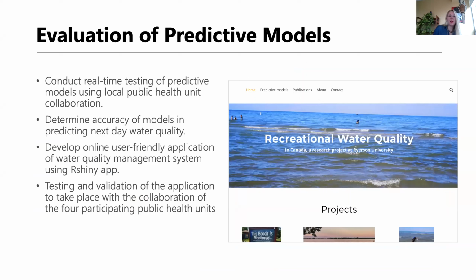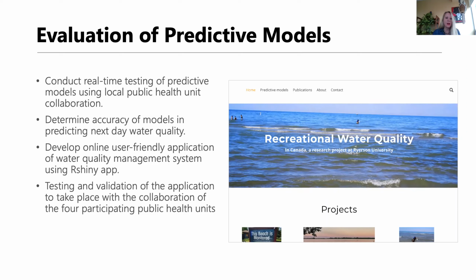So I mentioned that we're going to be evaluating the predictive models that Johanna spoke about, and this will be done in real time. So real time testing them with our collaborators and the public health units to evaluate the accuracy of the metrics to determine whether the models are predicting the next day values. And this will really allow for real-time decision-making, generating those next day predictions and allowing the public health units to